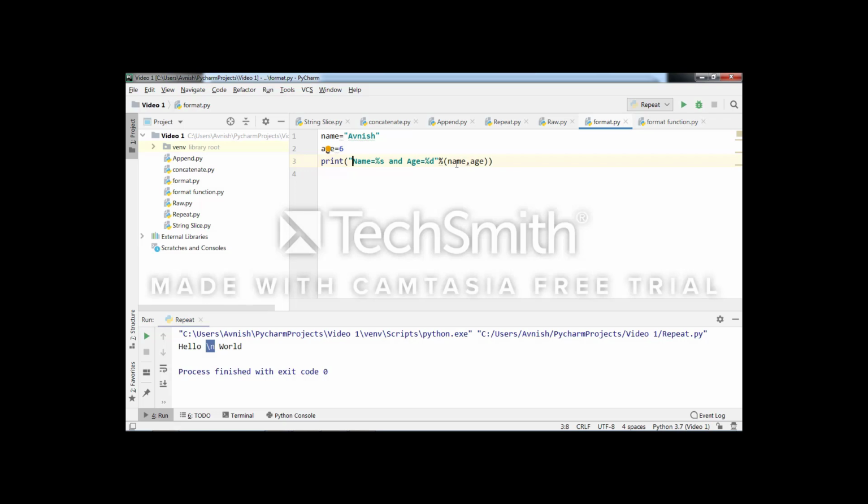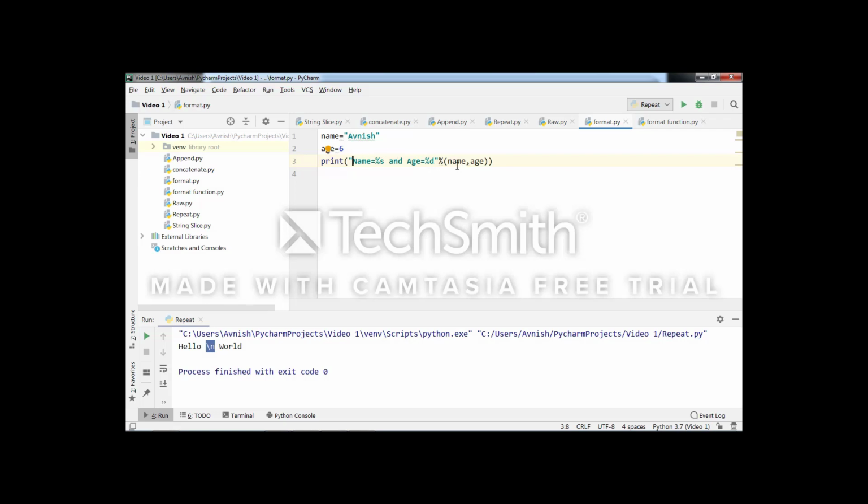Therefore, if you want to display the name in front of this string, and display the content of the age variable, you have to use different format operators.